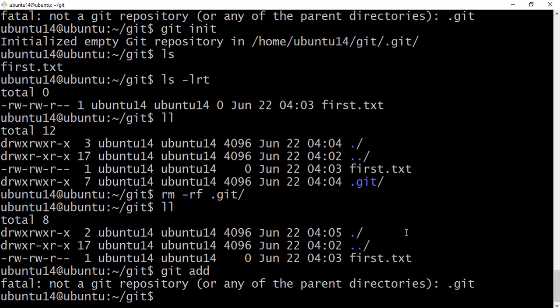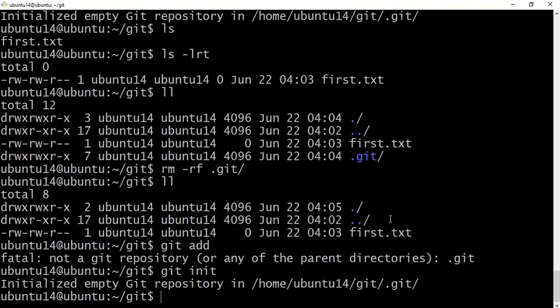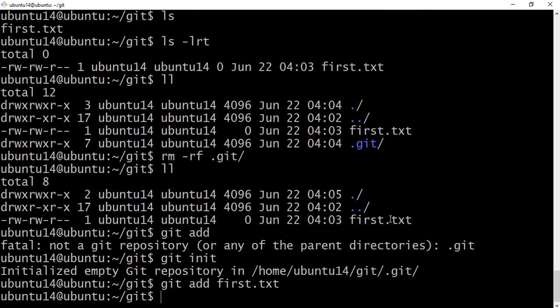The entire initialization of this folder is located in .git only, so .git is mandatory for every folder. So git init initializes it. Now with git add, we didn't get any error, right?